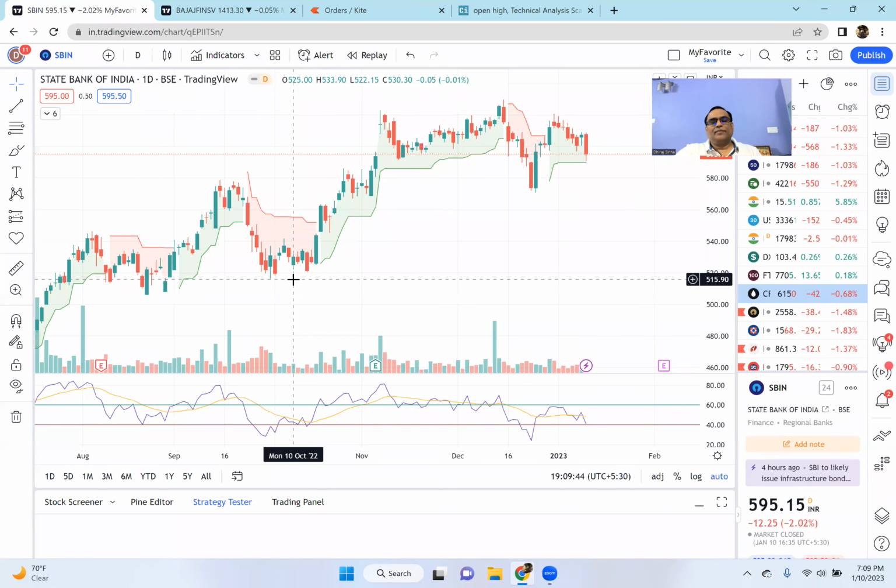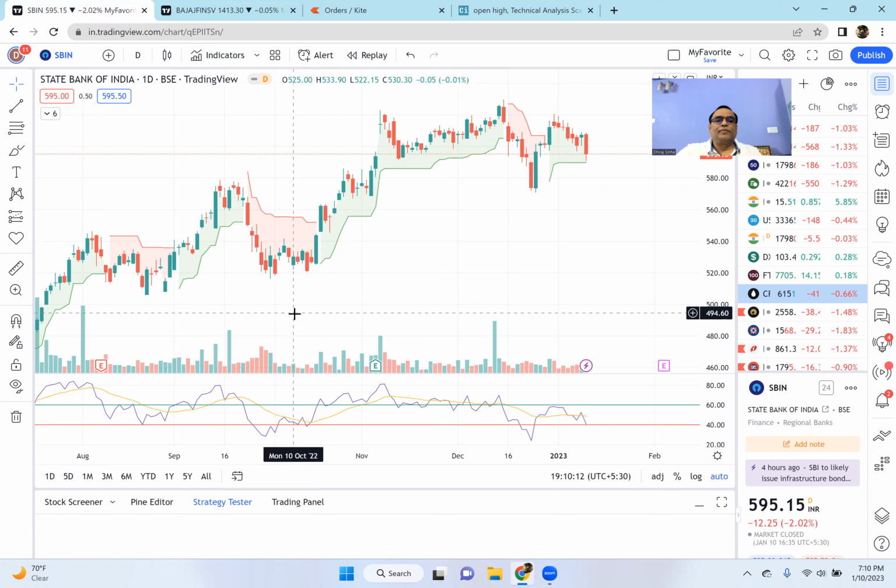The high of the child candle should be lower than the high of the mother candle, and the low of the child candle should be higher than the low of the mother candle, right? So the entire child candle from its high to low should be within the mother candle. Okay, so that is the inside candle. There are a few other things we will look at, but let's